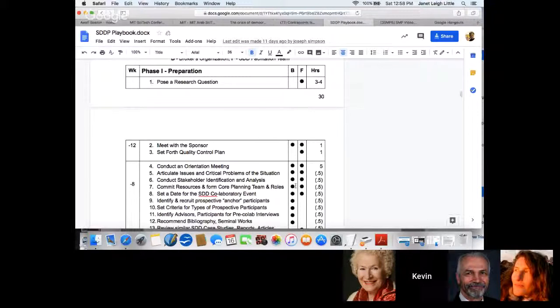the activities are laid out in terms of the number of weeks before the event. We would usually recommend you never try to do an event with less than 3 months lead time, unless the people already all know each other, all the participants can walk to the event, and don't have to schedule a plane and all that. So on the left-hand side, you see this is a week, so -12, -8. And these are the activities that should be happening each week. And on the right is an estimate of how many person hours or days it should take. And then we divide it up into, is the facilitation team or the consultant responsible, or is the